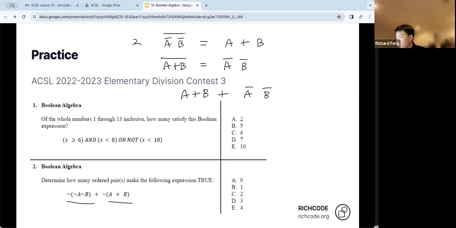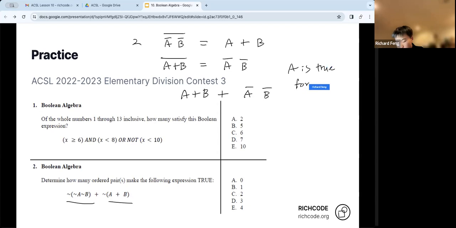Okay, so we can evaluate each term individually. We want the whole expression to be true. Since we're ORing 3 terms together, as long as one of them is true, then the whole thing is true. So we can consider each term separately. For example, if A is true, then the whole thing is true. So A is true